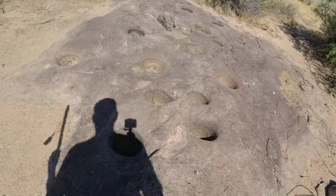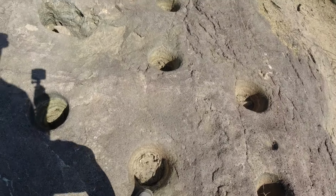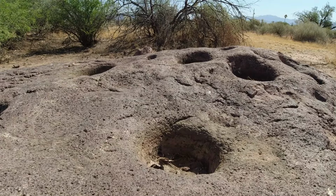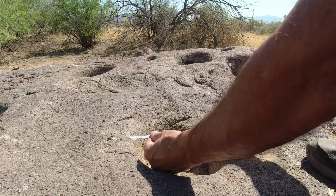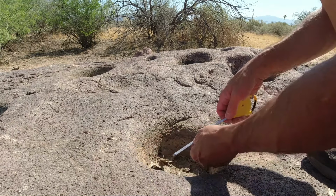I'm going to measure some of these holes. Which one's the biggest? This looks like the biggest one right here. I'm going to measure the width on that one. Alright, these are just swag guesses. These aren't accurate, but this one's 9.5 inches wide, and